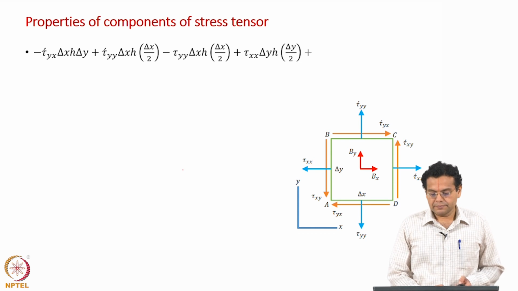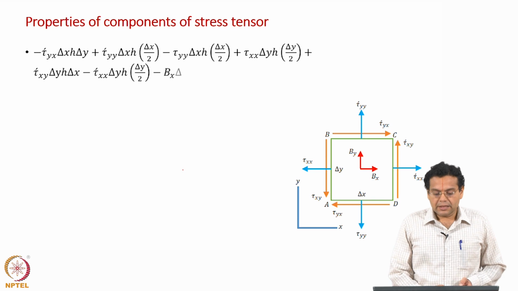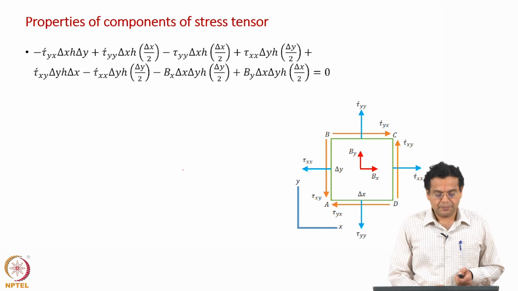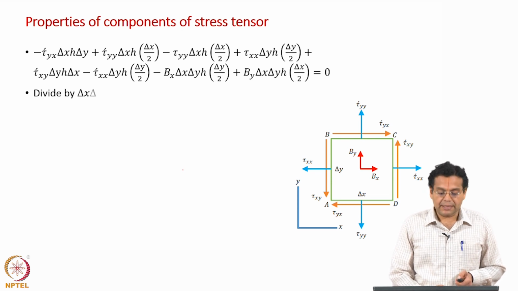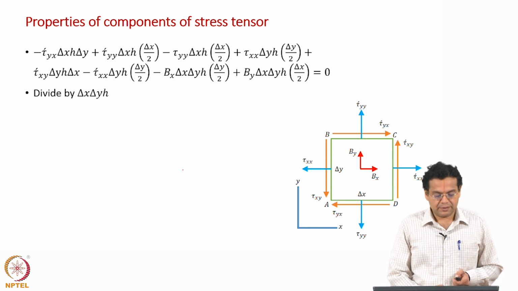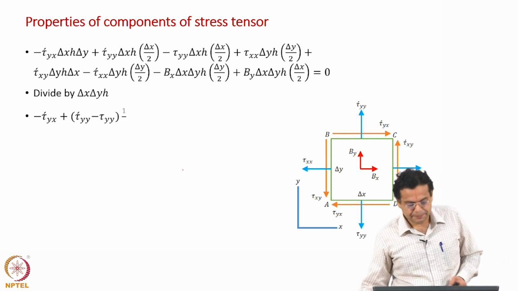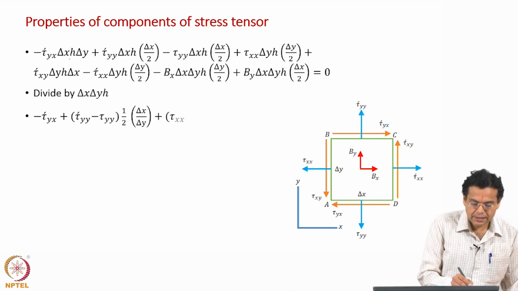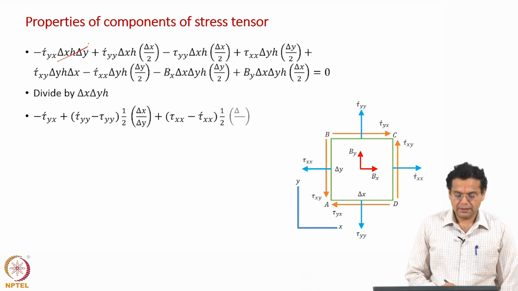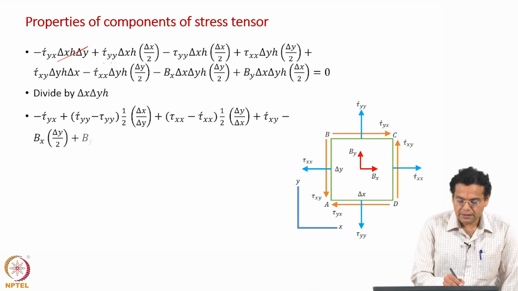Okay. Now, we will divide by delta x delta y h, that is the next step, is equal to 0, divide by delta x delta y h, h is the thickness of the plate. Now what happens, here these three terms cancel, okay, and for tau dash y y we will consider these two